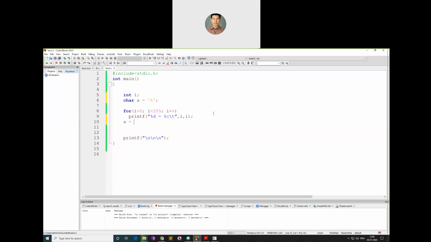Say a equal to a, whatever the current value is, minus, assuming that it is uppercase. Uppercase is 65, minus how much do we need? We need 65 minus 97, which is 22. I want to make this uppercase into lowercase, so I have to add 22. We'll see what happens. Now I'll say print a,